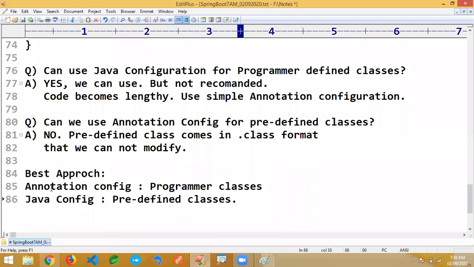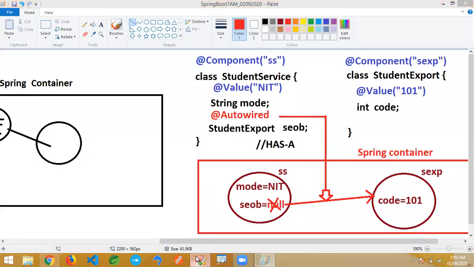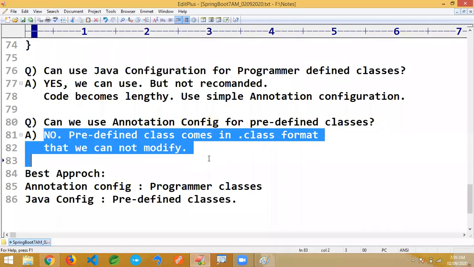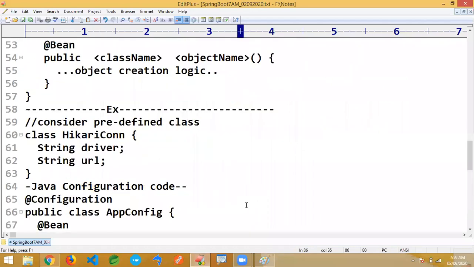This is the best approach. Remember that one. Java configuration supports even programmer classes, but it's not recommended. That becomes lengthy. Instead of taking a shortcut, you are going the long way, doing double work here. So let us just continue.